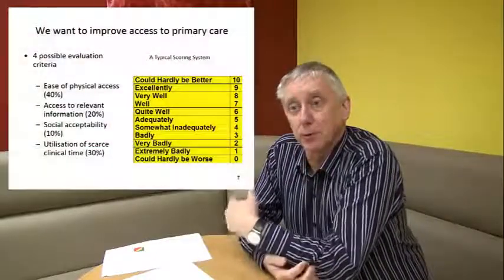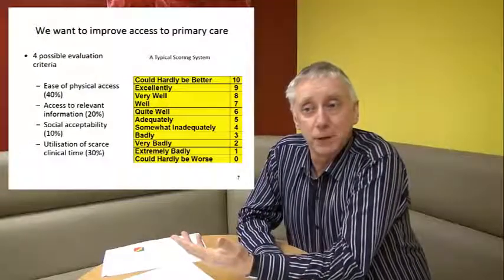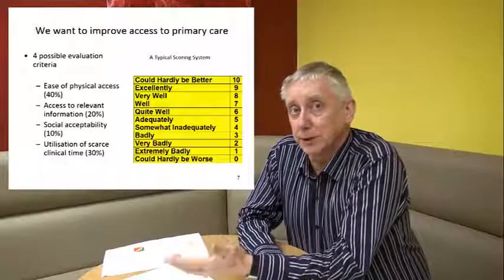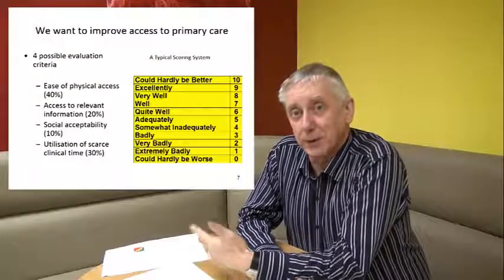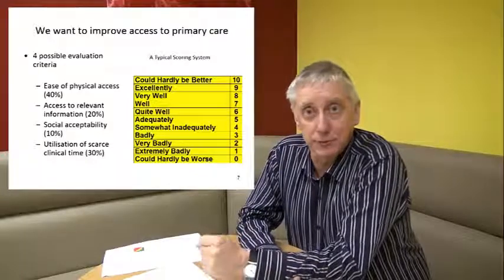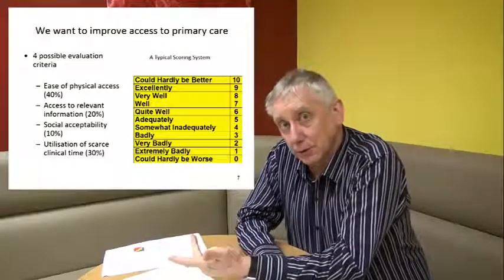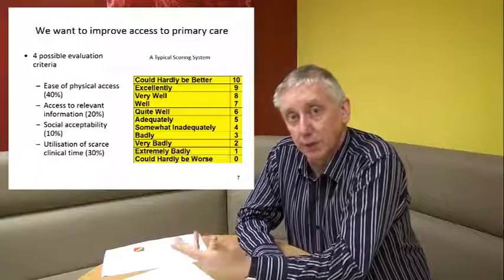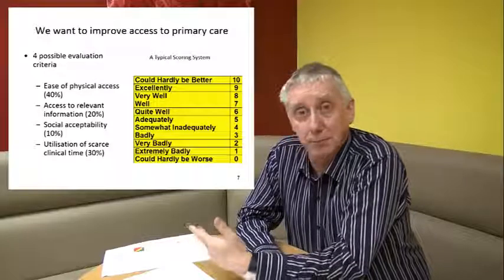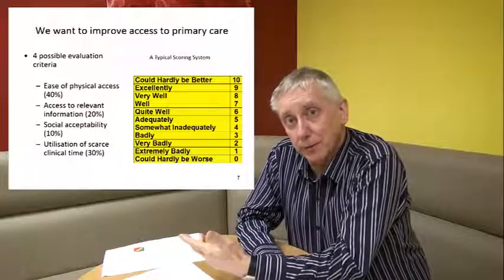So to take a simple example, if I wanted to improve access by vulnerable sections of the community to primary care, I wouldn't start listing the ways of doing that. I would start by listing the criteria by which we will judge any proposal that comes forward. So it might be accessibility, it might be ability to understand what's being provided to that vulnerable group. It might be cost. It could be a range of things, but you come up with those criteria and you